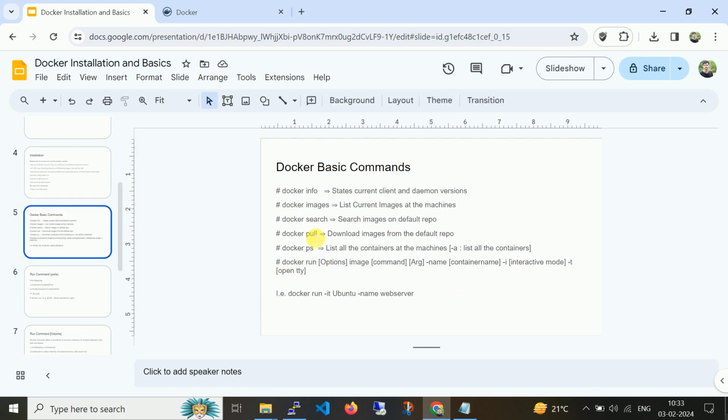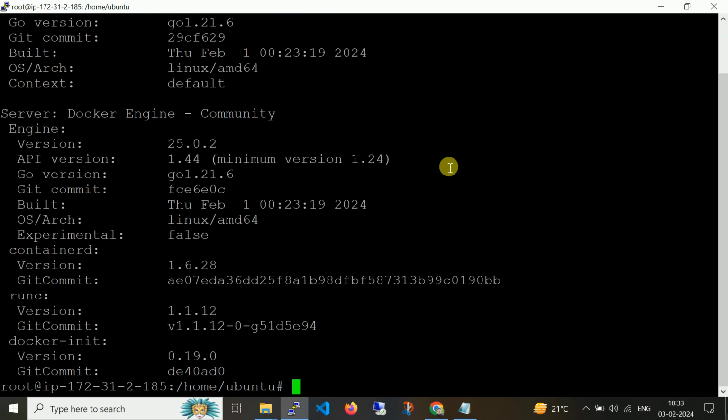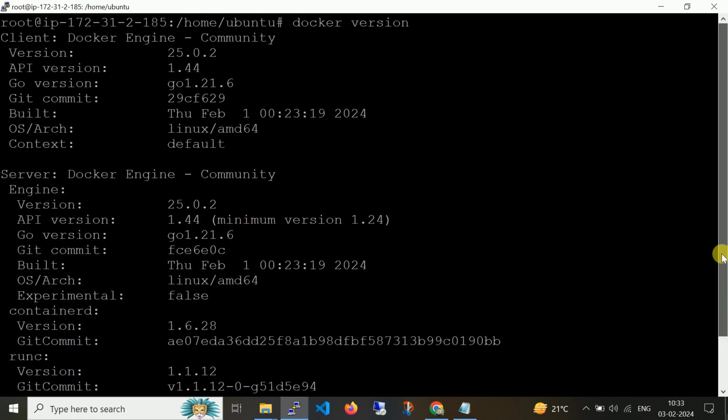Certain commands are like docker info, which shows the status of the current client version and the daemon version. So here you can see the Docker Engine Community version, API version, the build version, architecture and other stuff.